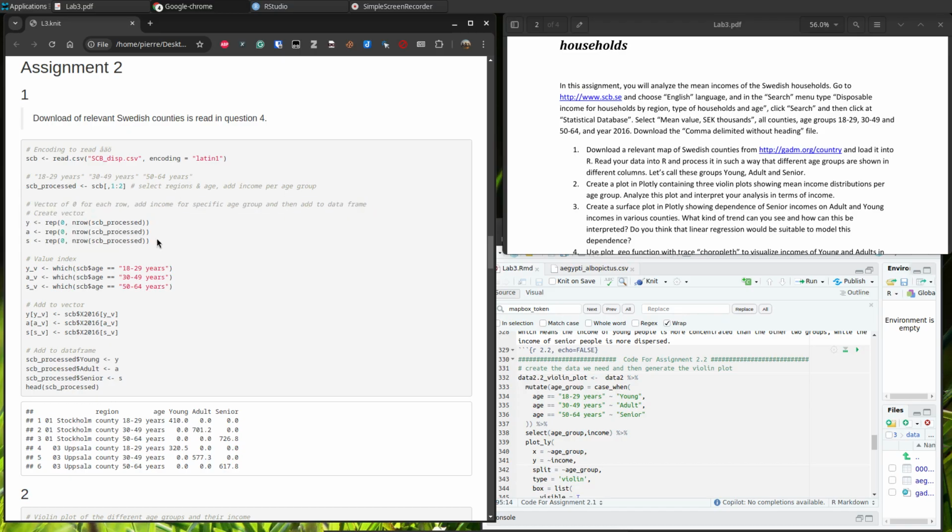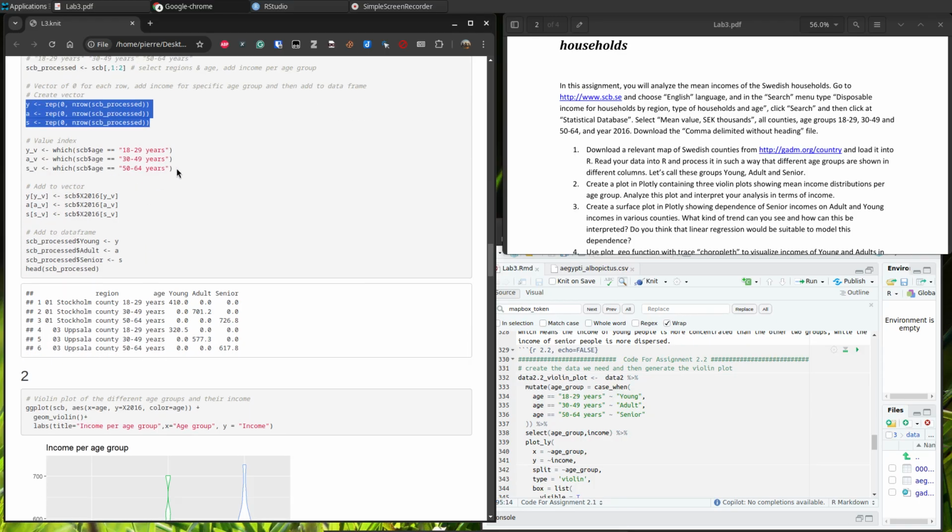That means they would like to duplicate the record and create young, adult, and senior for each country. Then this one selects the index of each age group, then assigns the value, then assigns it to the SCB processed. Then print out the